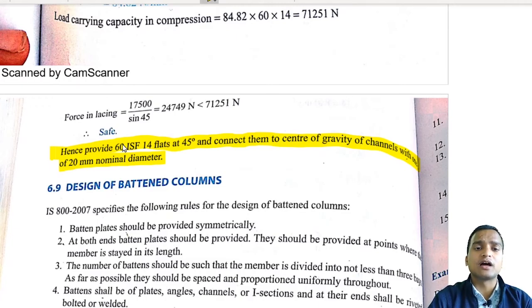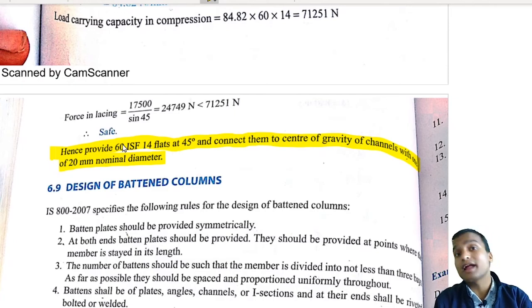And if we are going to discuss the design of battened columns, of course the design is slightly different in this case, but the concept is same here. We are going to place the main members with the help of lateral systems. Here will be battens, and there will be also steel flats or angles or I sections whatsoever, in such a way that the members are kept as much far possible from the centroid, and the minor axis becomes the major axis. That means RYY value should become greater than RXX.